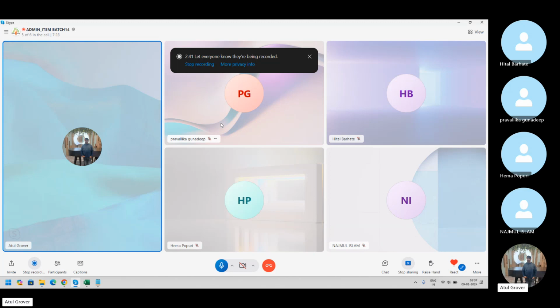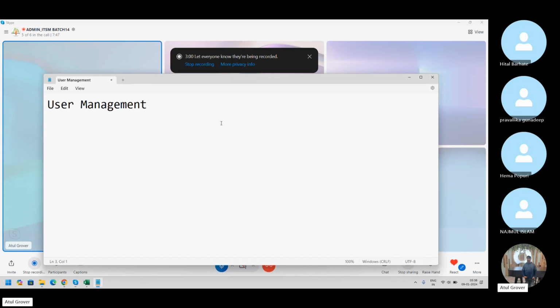Maybe Hima or Hital or Pravalika say, no, Atul is our sir. So if you need any guidance or any help in catering or food kind of things, you can reach out to Atul sir and he can guide you on that particular part. I said, okay. So now it means if a user gets created, we need to give a role to the user. That is another important point. But one more thing which I would like to add here